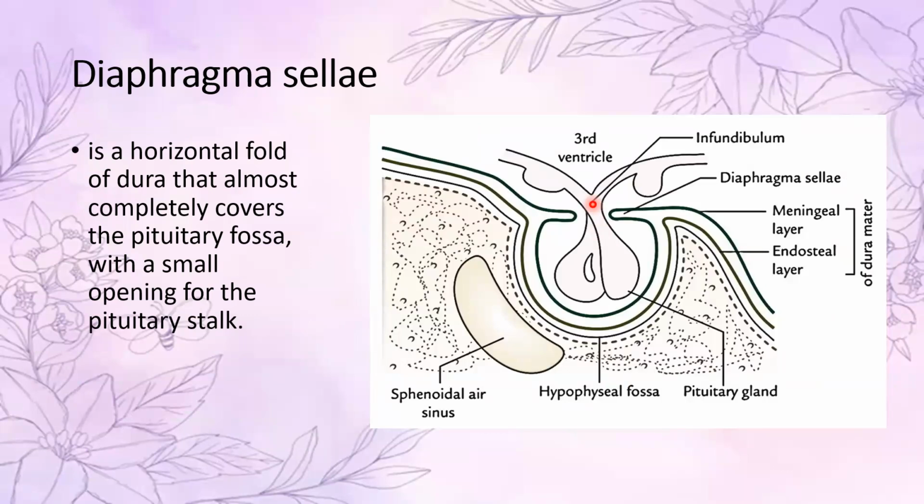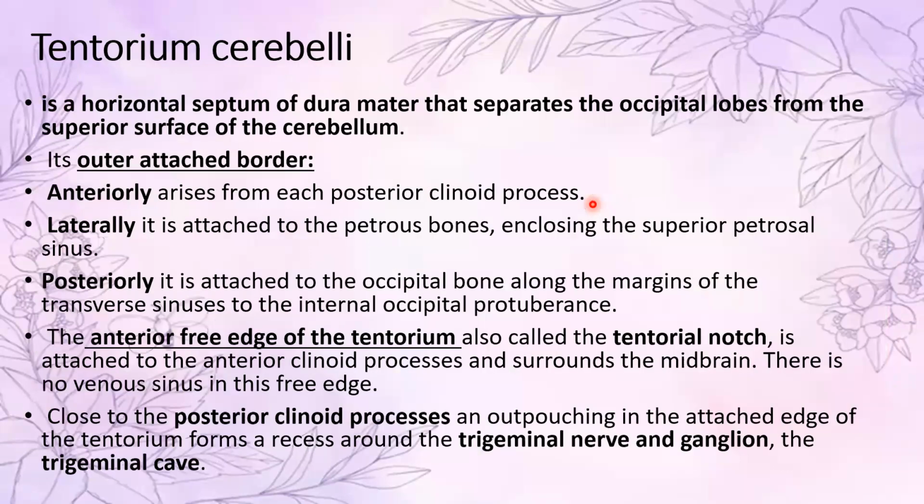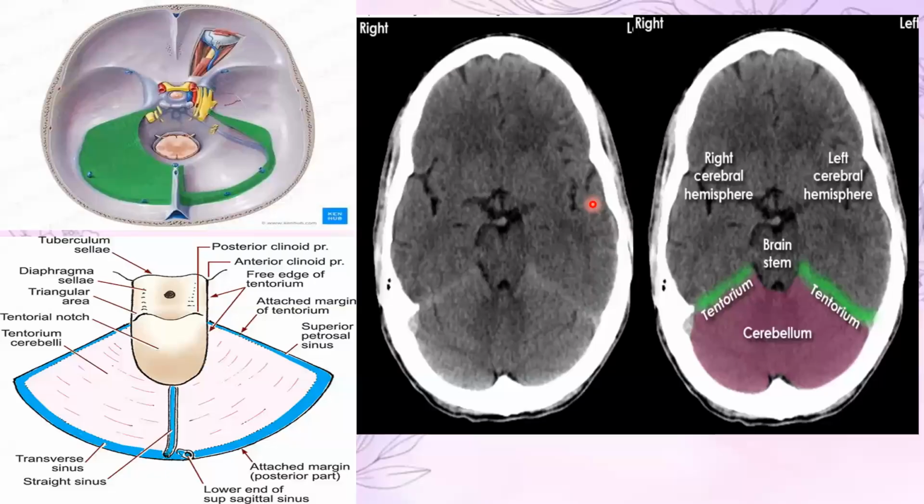The next one is the tentorium cerebelli. This is a horizontal fold of dura which separates the occipital lobes from the superior surface of the cerebellum. It has an outer attached border and an inner free edge. The outer attached border is attached anterior to the posterior clinoid process. Laterally, it is attached to the petrous bone and encloses the